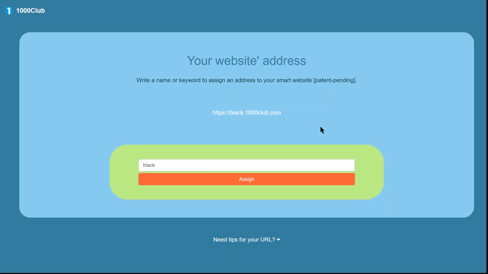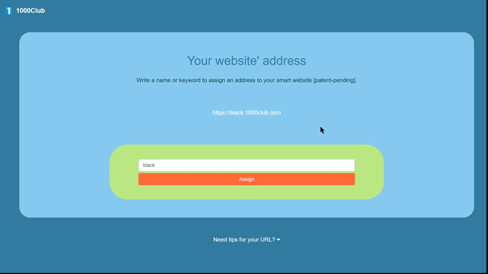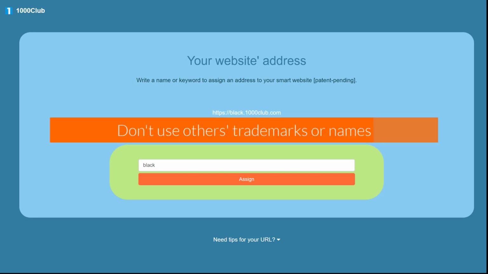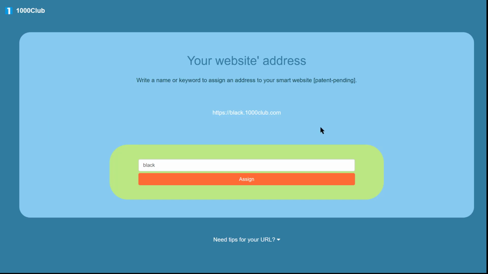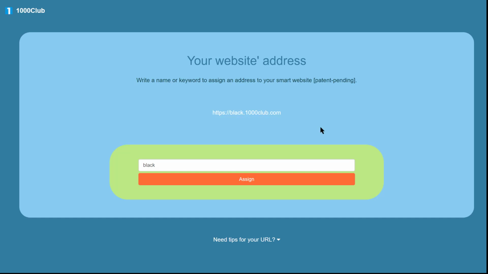and before assigning, I recommend you choose a generic word. Even though there is a company, BlackRock for example, black is a generic word. If you use a trademark or the name of other companies that aren't yours, from the moment the rights holders make a request, we will have to remove this URL and assign it to Joomla. Use generic words or your name if you have created an individual account, or the name of your company if you have a corporate account. So I assign black,